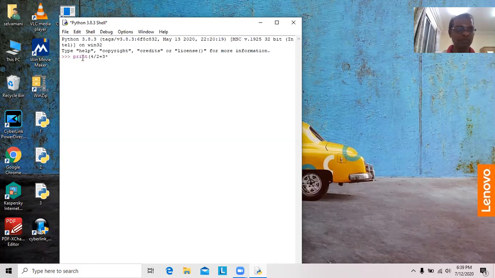Before that, we can do one simple one. We can try it. Since 4 divided by 2, it's very simple. We'll get only 2.0. It's simple. Similarly, I would like to do 4 divided by 2 plus 3 star 2 double star 2 minus open bracket 6 minus 5. This is what we have to find. What will be the answer? Already we know very well. The answer is 3.5.